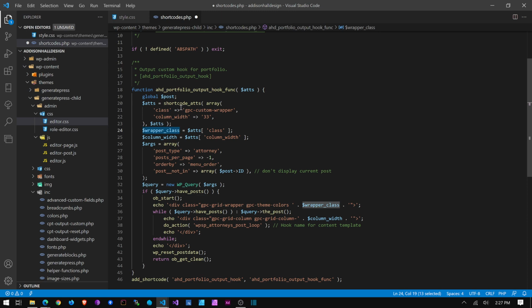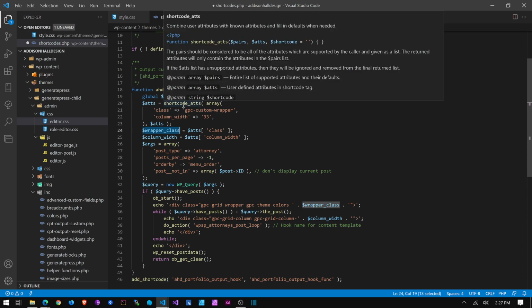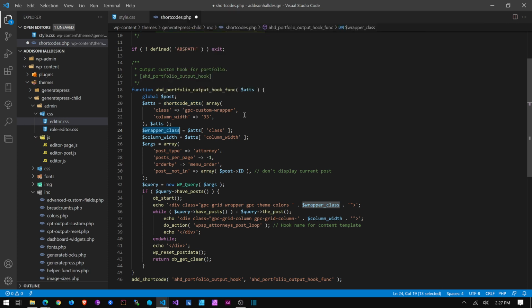And here we're grabbing these. I won't go into a lot about how shortcodes are developed. This is a pretty common practice, and it is interesting and super handy, because you can add your own functionality really easily with shortcodes. But essentially we're filling these PHP variables with the values from these attributes, because what it will look like is